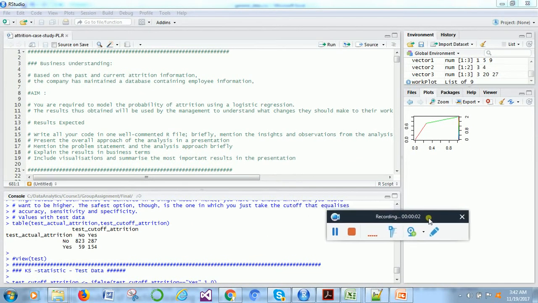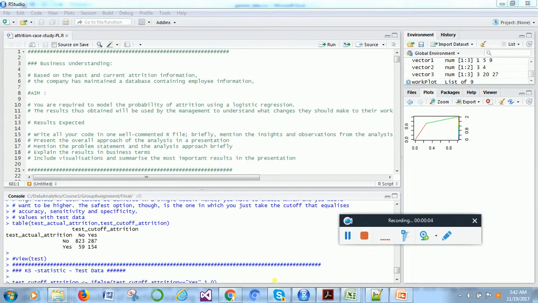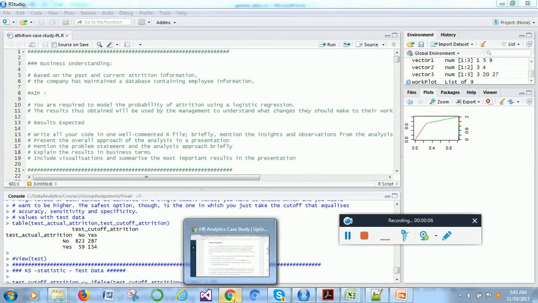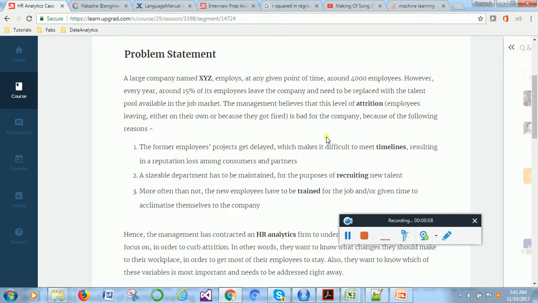Hi everyone, I'm going to talk on a problem faced by one of the companies. They have 4,000 employees, and every year they observe 15% of their employees leave. Which obviously impacts the finance portion of it, and also costs a lot of other overheads, and you need to train the new employees and all those things, and also the experienced people leave, and it impacts